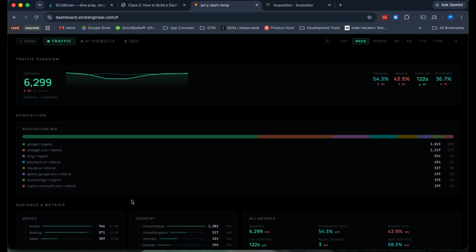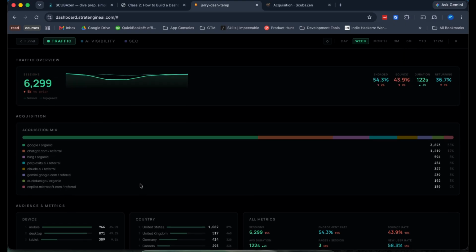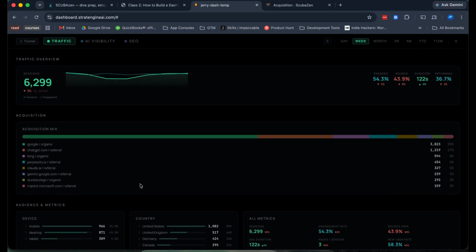And so Google Analytics is going to give you a lot of traffic data. The reason that we did this as class 2 is that class 3 is all about SEO and GEO: how do I get search engine optimization, how do I get generative engine optimization, and how do I get found. In order to actually start using that data, you need to understand how to build the dashboard. So this class is largely going to be traffic and just a good start, but the real value comes even further down the pipeline when you start adding sources.